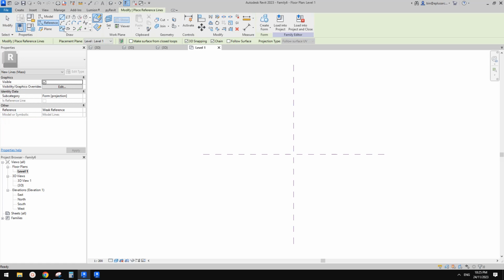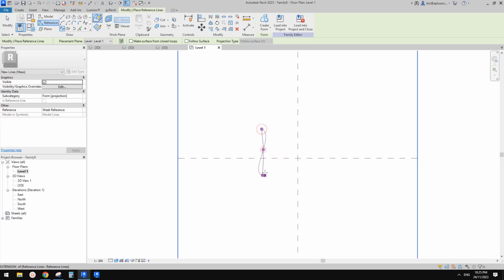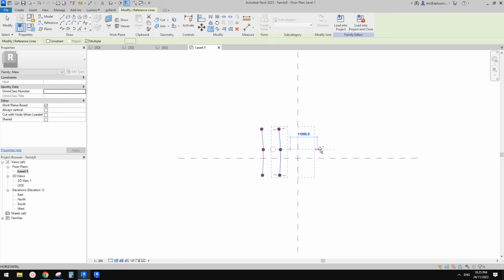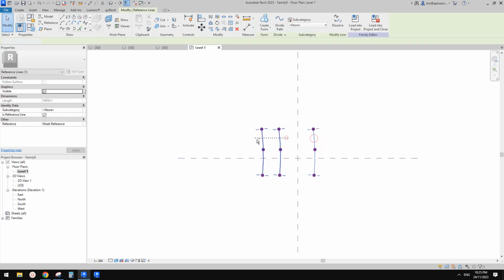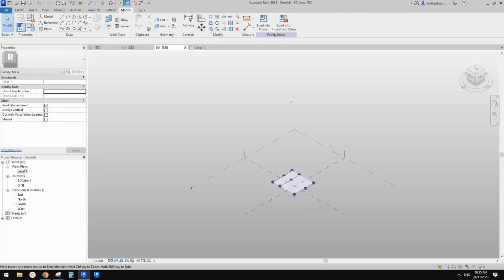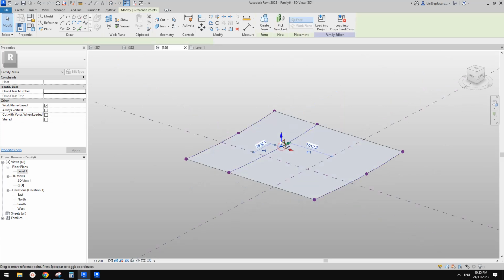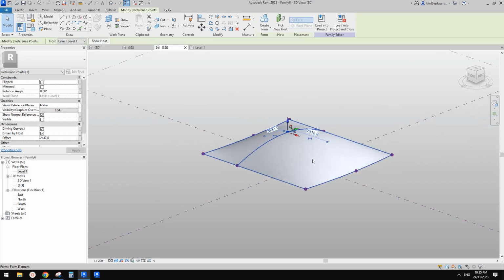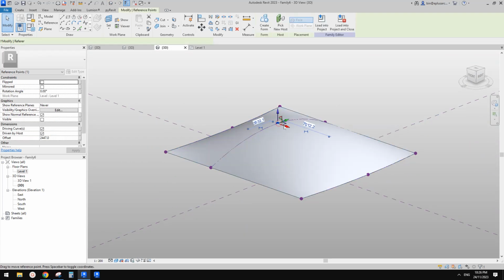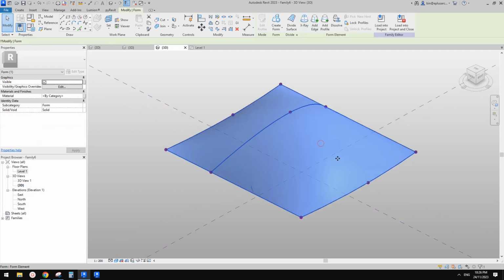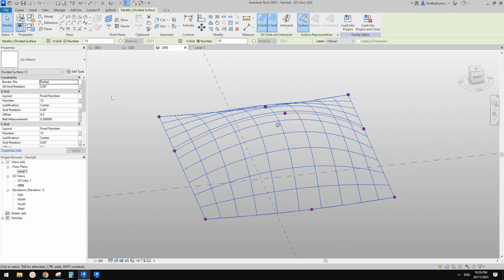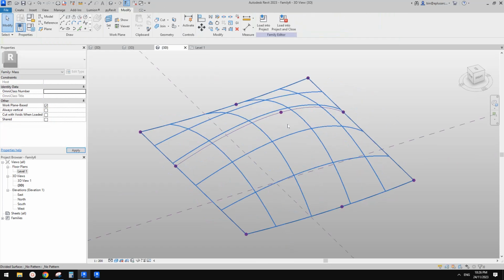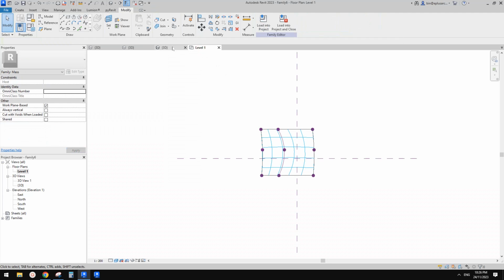Maybe I'll just use reference lines, spline through points, and I'll just copy 1, 2, 3 and select them, create a form, go to 3D view, and I'll just adjust a point, and that's my organic shape, right? And then let's just use divided surface. I'm going to reduce this number a little bit, so it won't take a very long time to generate